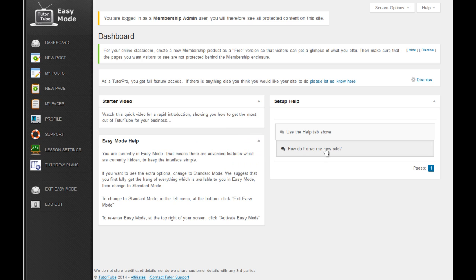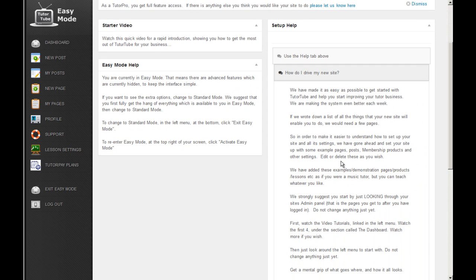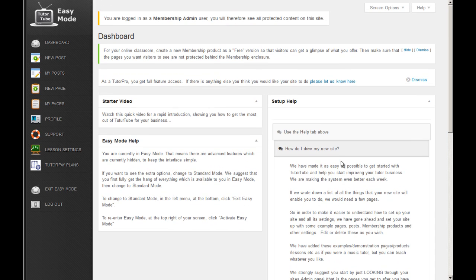Another section here, how do I drive my new site? If you simply click on this and read this through in your own time, a key point in what it says here is that once you get into the standard view, or more complex view of the admin area, there's a lot to look at. Don't worry, trial, test or revert. You can undo the things that you didn't want to do. It's not a problem, so don't be afraid to make any mistakes,